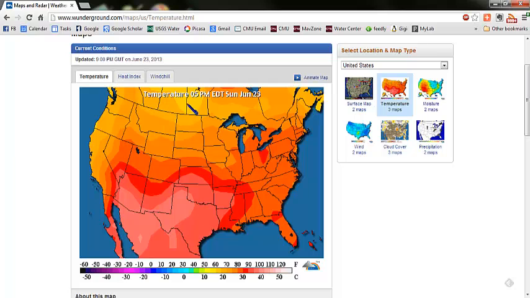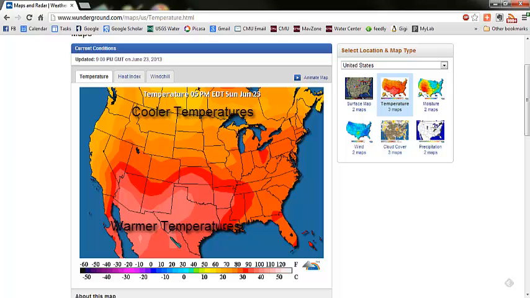And notice we have colors that go from light yellow through dark red into pink. And they match up with the temperature scale down here. So we can see that in southern Canada, maybe we're in the 60s, and we get down to here in Mexico, just over 100 degrees. And so we go from cool in the north to warm in the south, which is exactly what we would